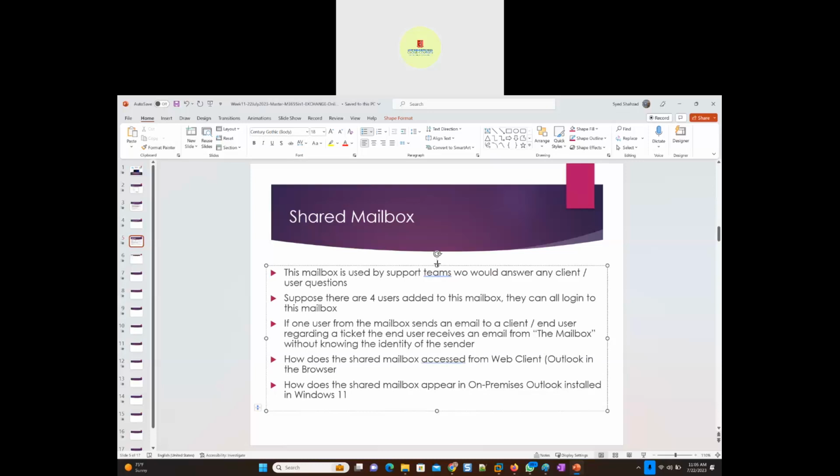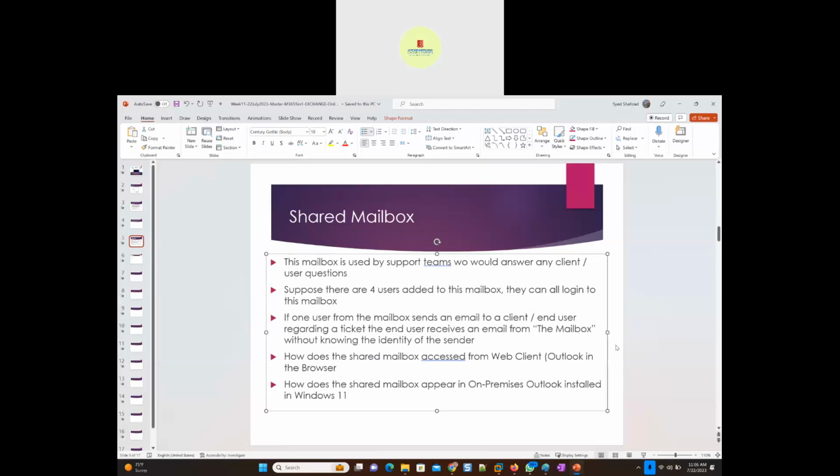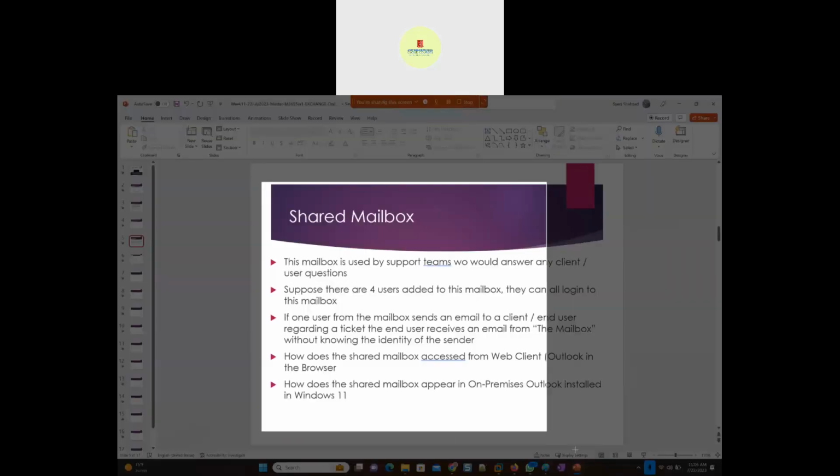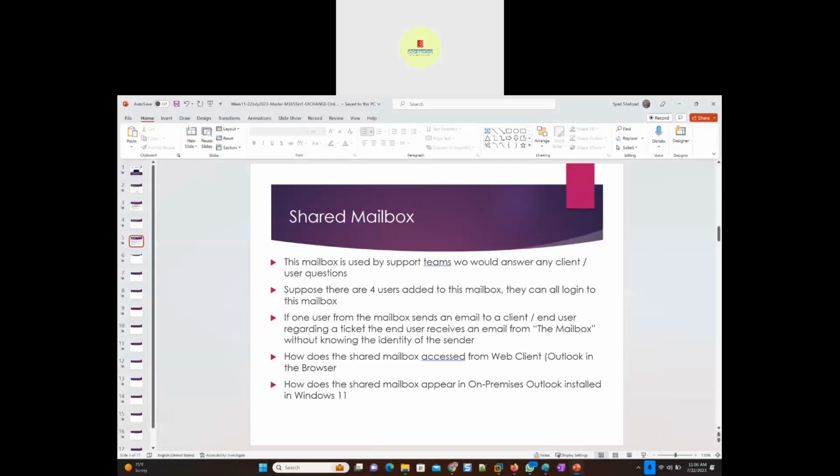So all that we need to check, and for that we were actually waiting for the mailbox to be created. It does take time, but by now, hopefully, it is done. While that is going on, I need to just make sure that my